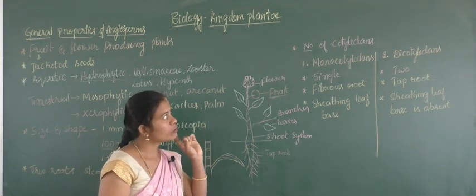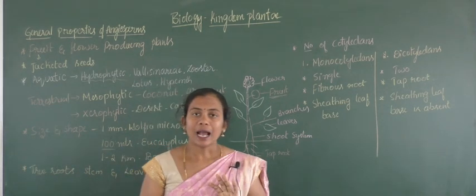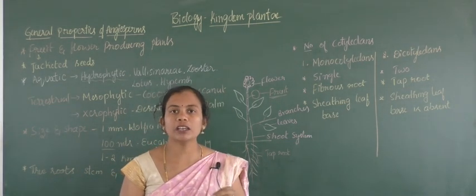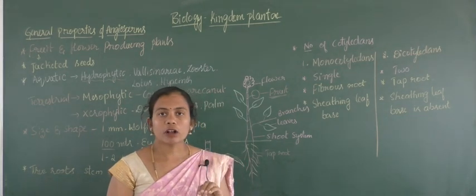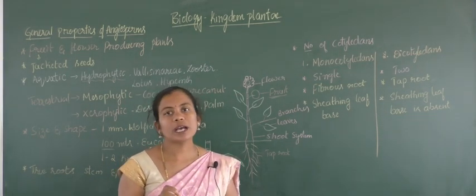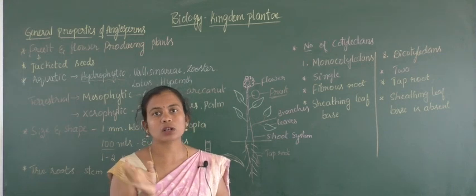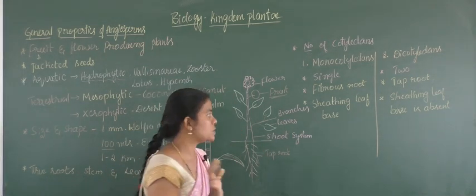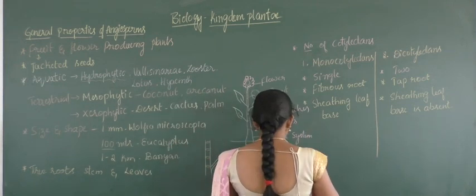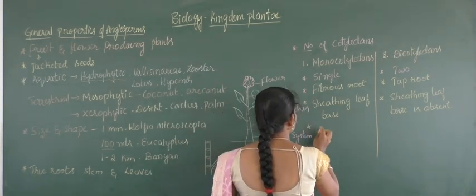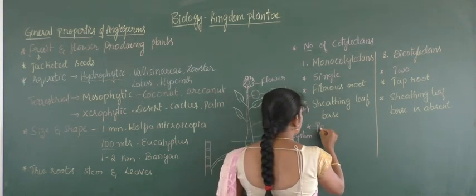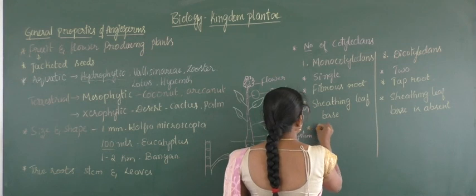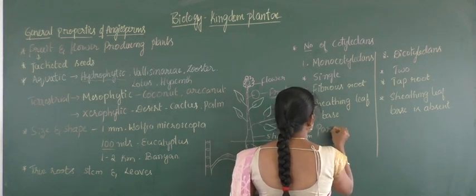But in case of dicotyledons, as it possesses petiole, the stalk of the leaf, right? So the stalk of the leaf is just coming out as a portion of the stalk, right? So in that case, sheathing leaf base is absent. When you come to the structure of a leaf, here it possesses parallel venation. It possesses parallel venation leaves.